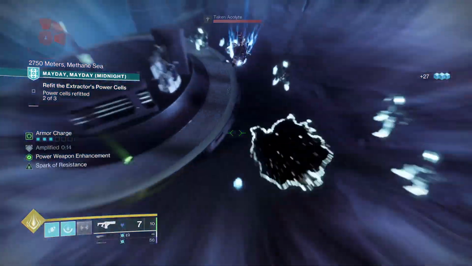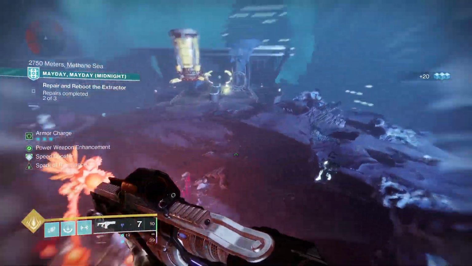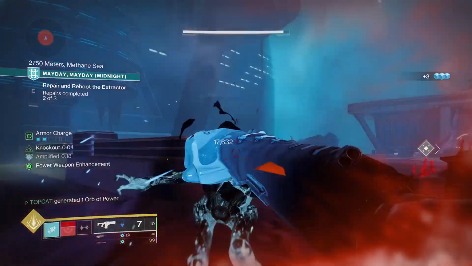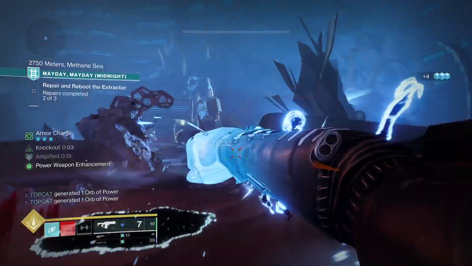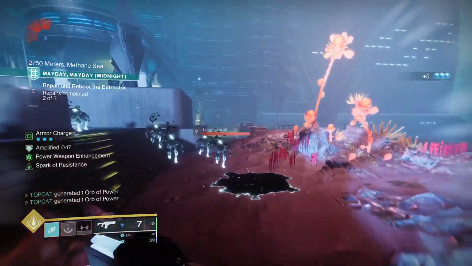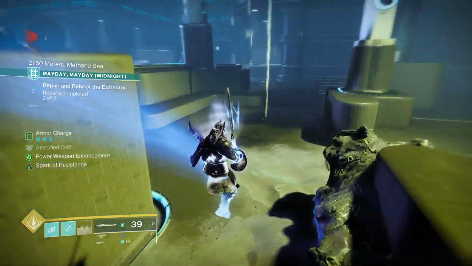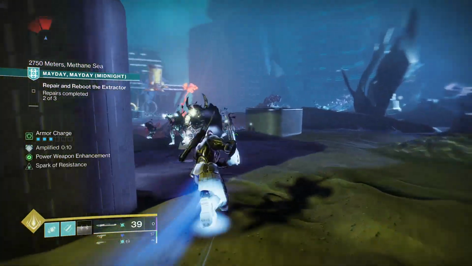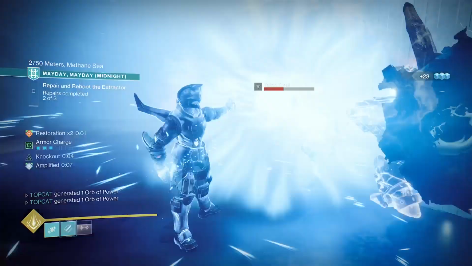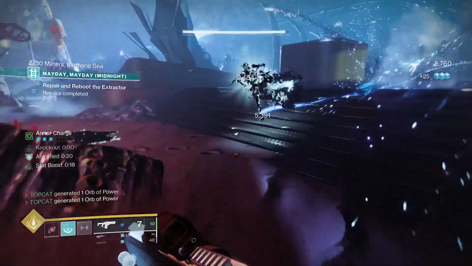Of course, Knockout. This has seen a juicy buff. When critically wounding a target or breaking their shield, this will infuse your melee attacks with a burst of arc energy and increases your melee range and damage for a short time. This has been buffed just in PvE, don't worry. Our overcharged melees got a damage bonus increase. It was 60%, now it's 100%. Whilst it doesn't sound like a lot, it sure does feel like a lot,